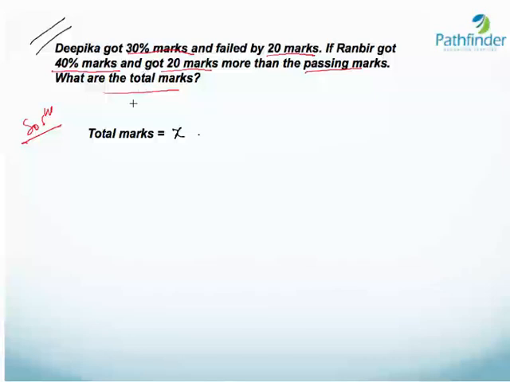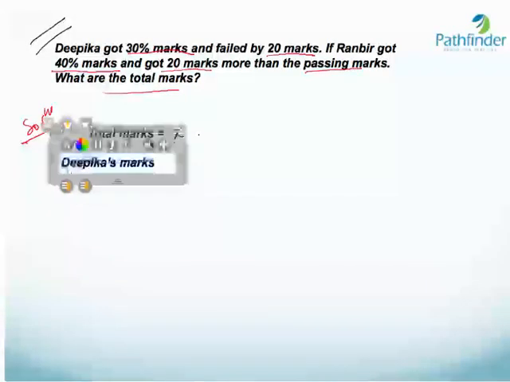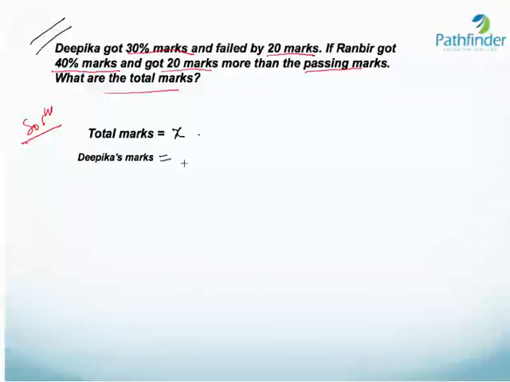So how many marks did Deepika get? So Deepika's marks can be written as, so we have Deepika's marks are equal to 30% of x. Similarly, what are Ranbir's marks? Ranbir's marks are 40% of x. So which means that Deepika got 30% less marks than the passing marks. Therefore, Deepika's marks, let us call them D. So if Deepika's marks are D and Ranbir's marks are R, we can have the basic equation as